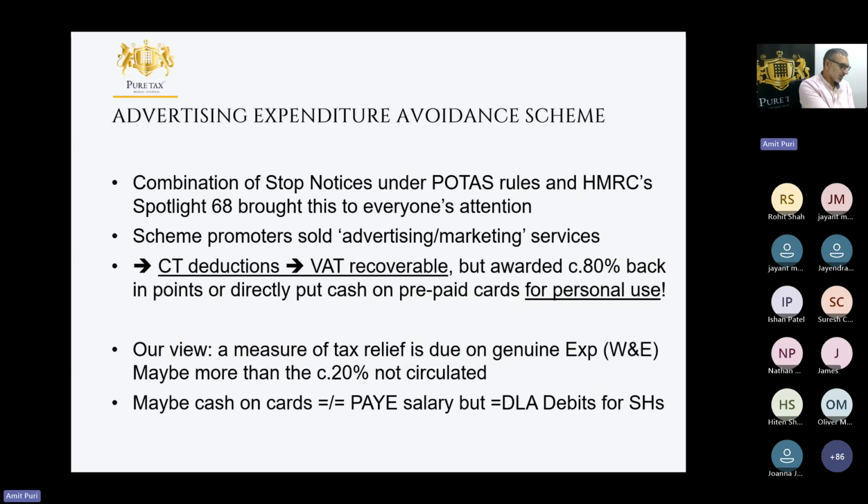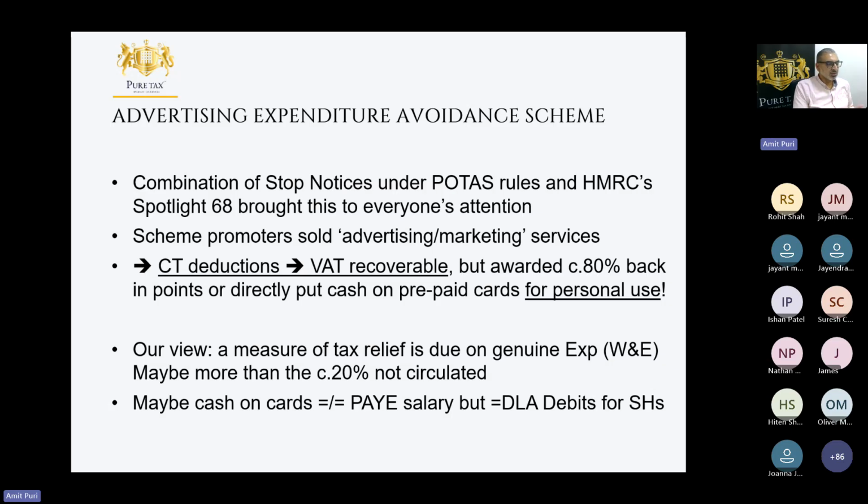This is the other avoidance scheme that I wanted to tell people about. And this has come on request because we've seen a lot of this over the last 4 to 5 months, I would say. I do remember reading about this. This is really, well, it's not that old actually. HMRC only started talking about it at the beginning of this year in 2025. They said they'd found an advertising scheme which encouraged businesses to spend with them, and by doing so they got a corporate tax deduction, and obviously they could recover the VAT as well. That's what they were told.